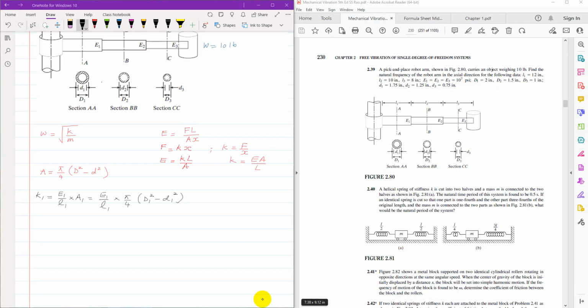So K1 is E1 over L1 into A1, that is E1 over L1 into pi by 4 times uppercase D squared minus lowercase d squared, where lowercase d is the inner diameter. After substituting values of E1, which is 1 into 10 raised to the power 7, L1 is 12, uppercase D1 is 2, and lowercase d1 is 1.7, you'll get the value as